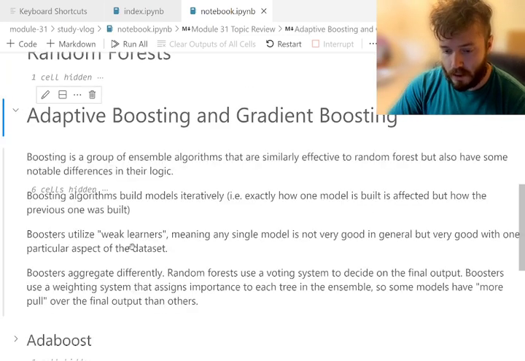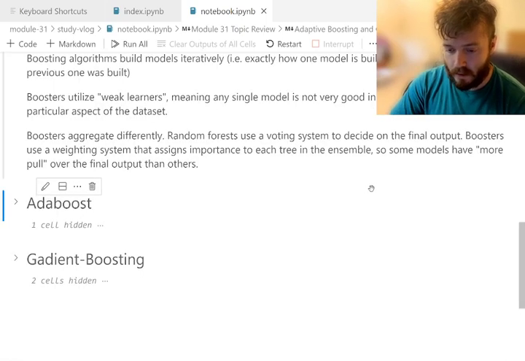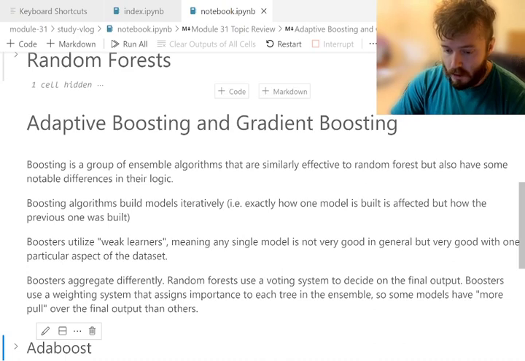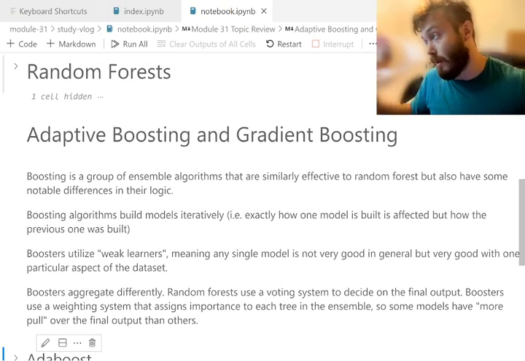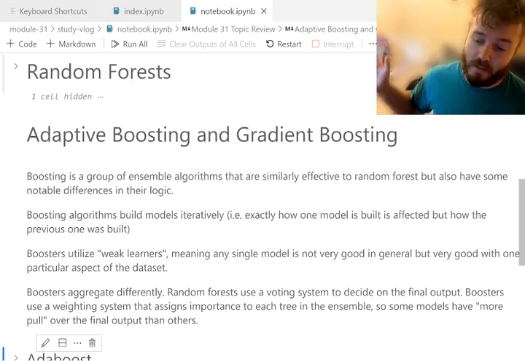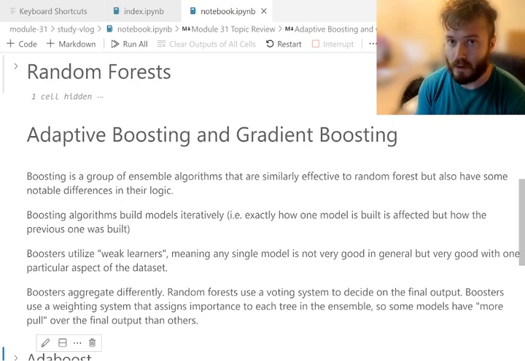So let's talk about boosting algorithms. Just like ensemble methods, there's a whole family of types of models. Within that, you have boosting algorithms, which is a whole family of models within ensemble methods. They're similarly effective to random forest, but they have some notable differences in terms of exactly how they work and what's going on